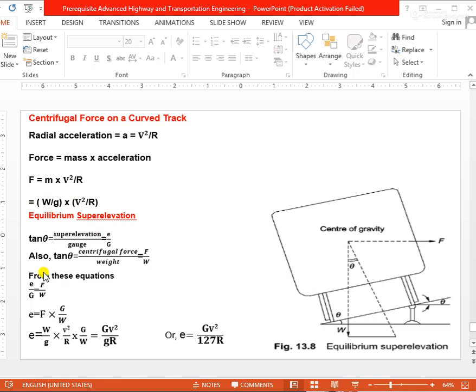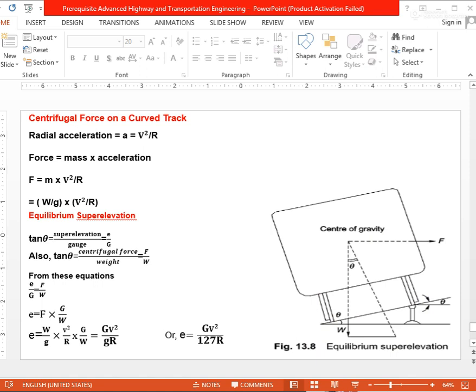Now, where F is the centrifugal force in tons, W is the weight of the vehicle in tons, V is the speed in meters per second, G is the acceleration due to gravity, and R is the radius of the curve in meters. So, to counteract the effect of the centrifugal force, the outer rail of the curve is elevated with respect to the inner rail by an amount equal to the super elevation. Okay, this is actually our super elevation. The outer rail is elevated with reference to the inner rail,